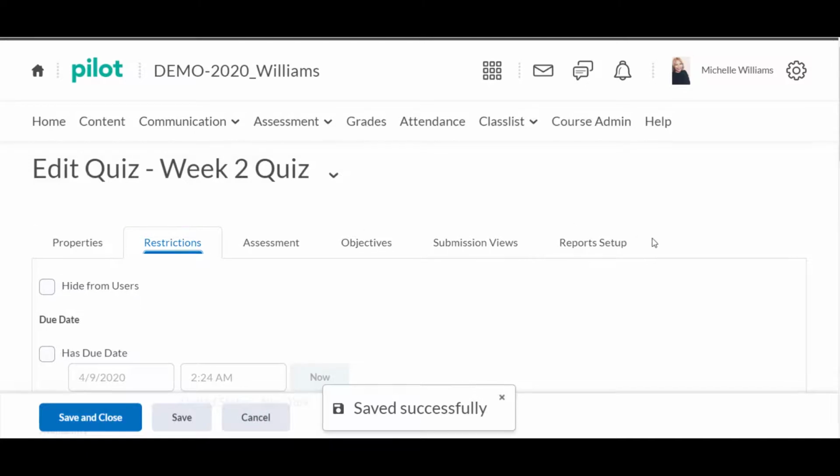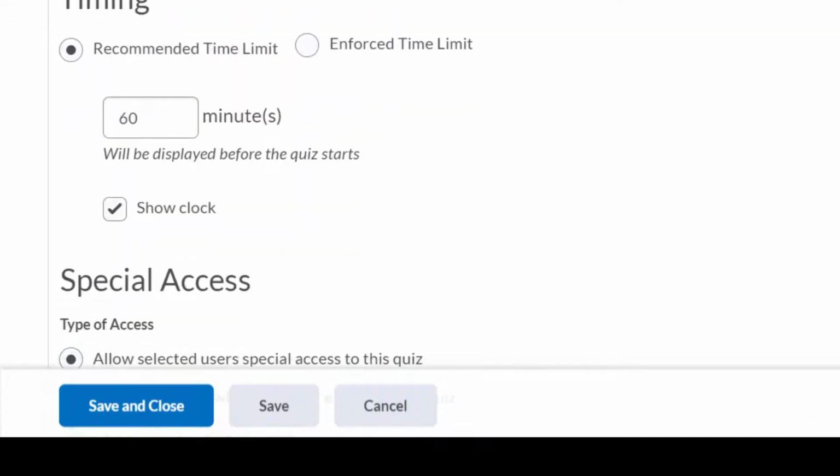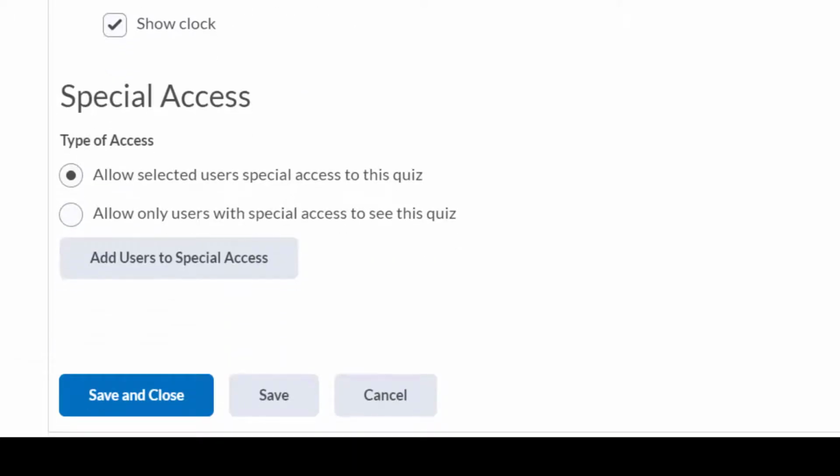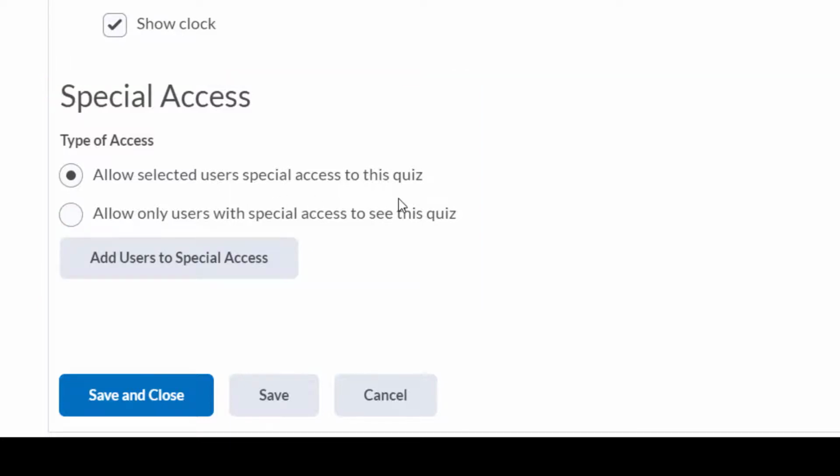Now once I'm here, I can scroll on down to the bottom. And here we have our special access. This lets the user have special accesses during the quiz. So we're going to do add,